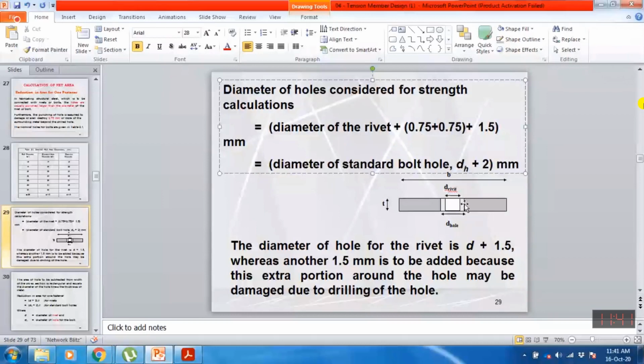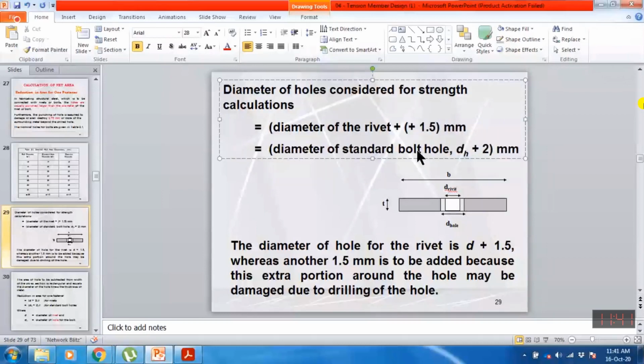It means that the diameter of the total hole should be 1.5 millimeter more than the diameter of the rivet. So this 1.5 is the extra margin that I am punching, or extra diameter that I need to punch